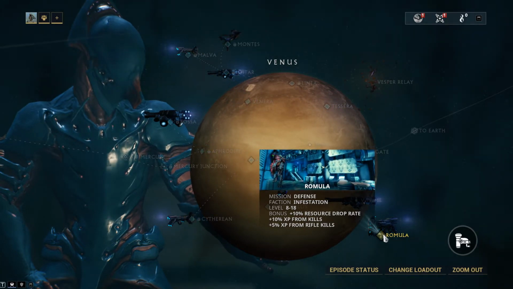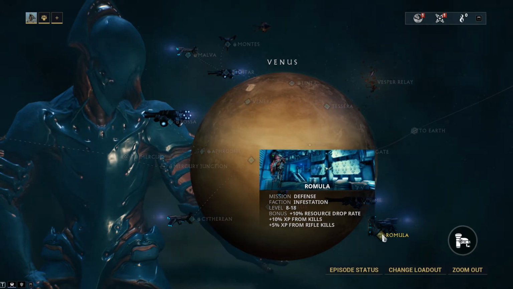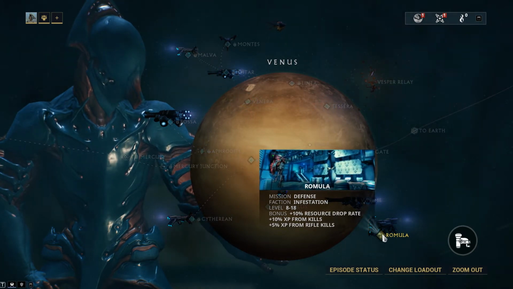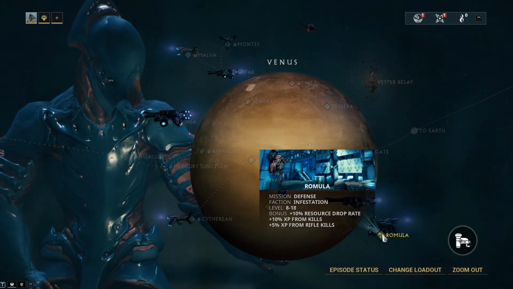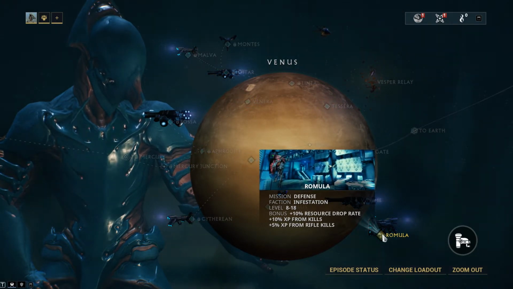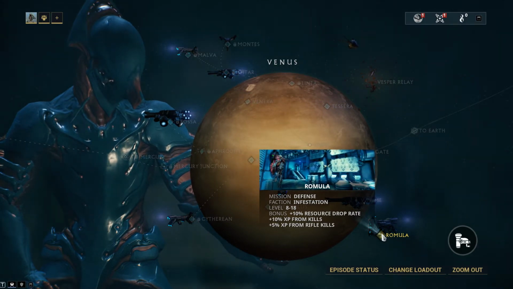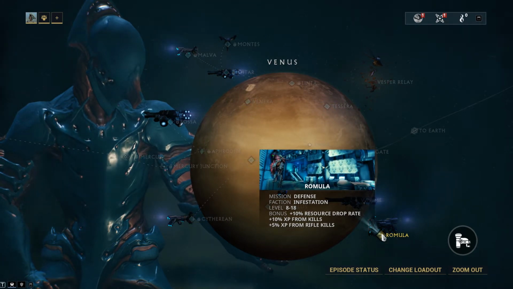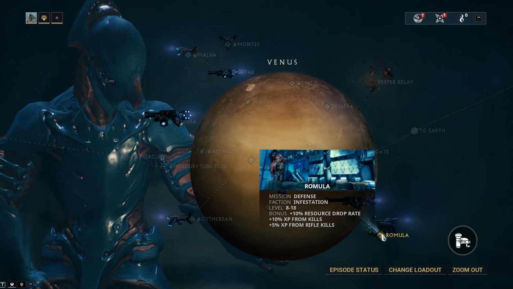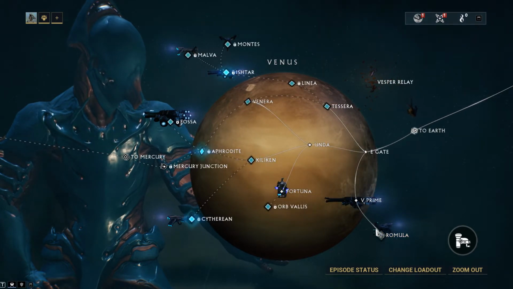So, doing these missions here, this mission will give you 12 to 24,000 credits base. All right, it's random, and when you complete it, you get 10% extra resource drops. And this particular one, you get 10% extra kills, XP for kills, affinity for your weapons, and you get 5% extra affinity for rifle kills. So, running this one over and over again